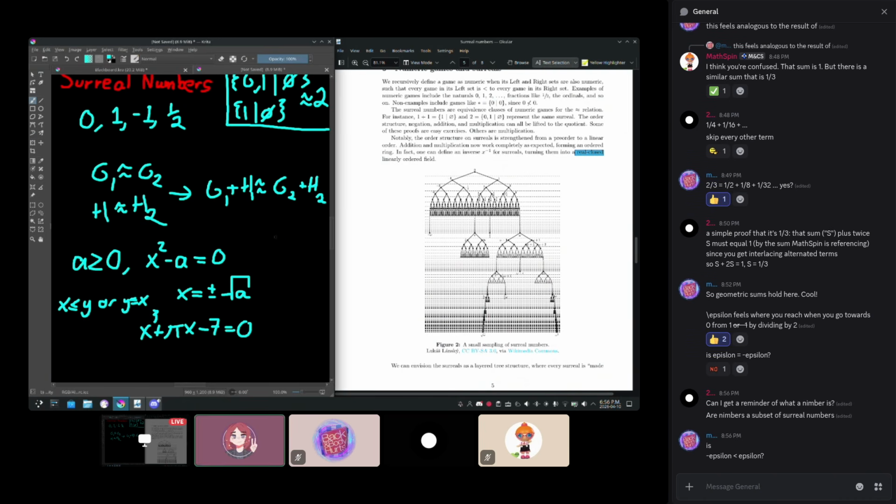And well, yeah, epsilon equals minus epsilon? You can't have these sorts of equalities. The surreals form a field, and that basically means that algebra in them works as you expect. Using just basic laws of algebra, we can say, if epsilon equals minus epsilon, then 2 epsilon equals 0, then epsilon equals 0. So if epsilon is not equal to 0, then this is not going to be true.